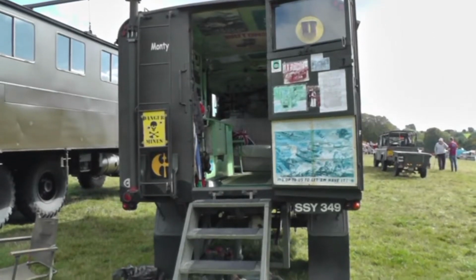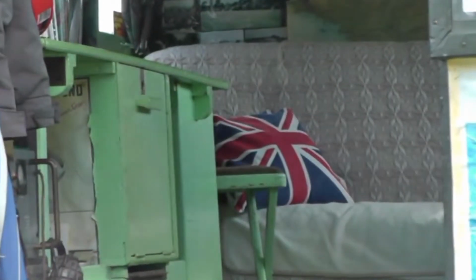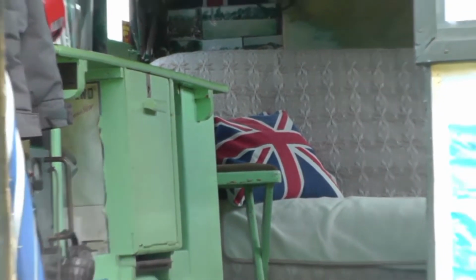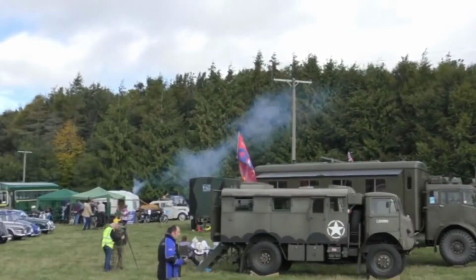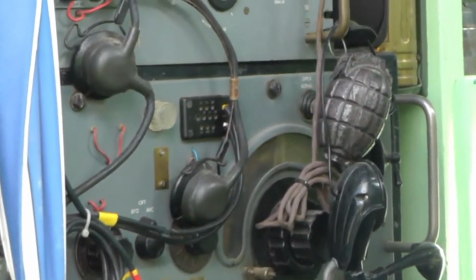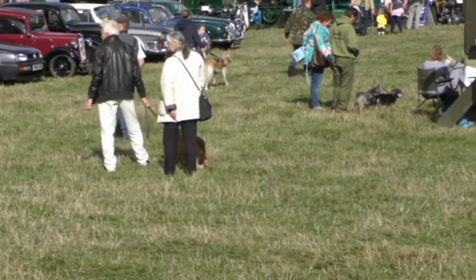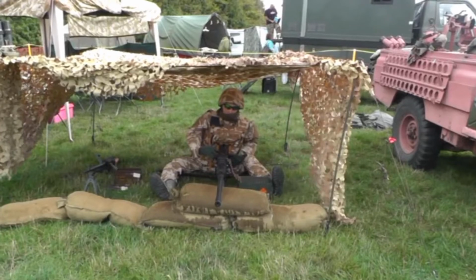Inside, it's basically as it would have been, but with slight modifications inside for our present comforts. Radio transmissions, obviously, for their needs. I'm amazed how people...